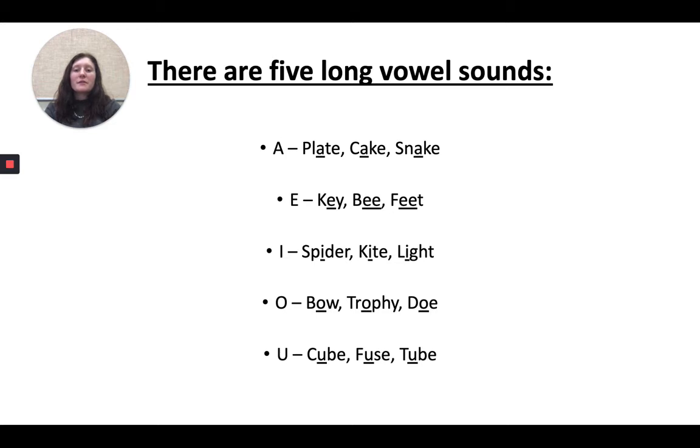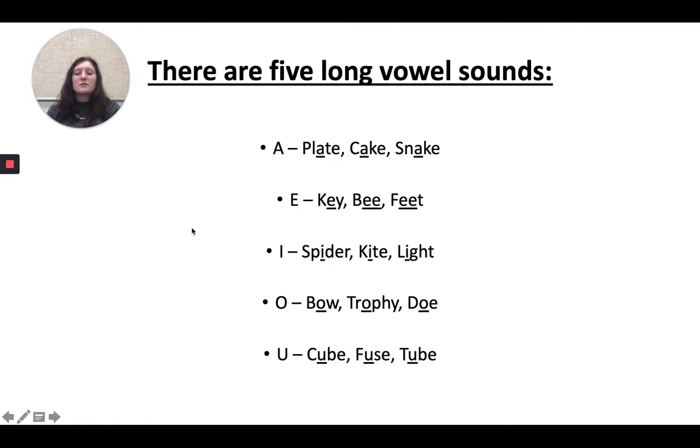So again, there are 5 long vowel sounds. Again, A, E, I, O, and U. So this time for A, we hear the long vowel sound in the words plate, cake, and snake. Also notice that all 3 of those words end with the letter E. So remember that the E is silent and it makes the vowel in the middle of the word a long